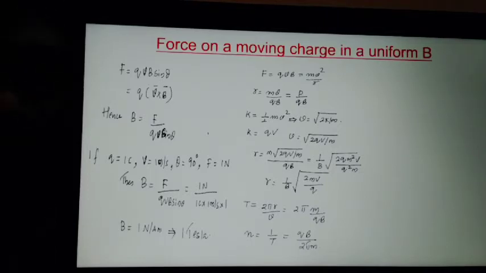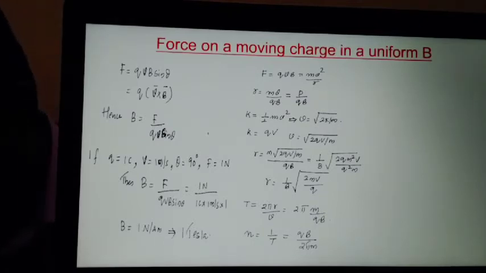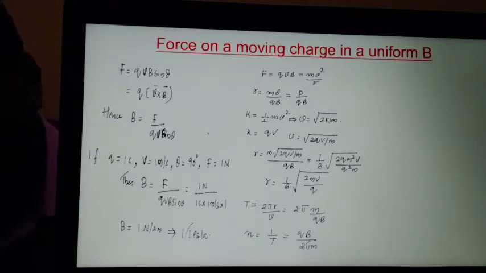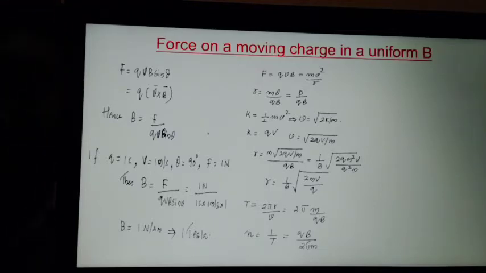The total time period to complete one full cycle, T, is equal to 2 pi r by v. But when the particle describes a semicircular path in a D, it will not be 2 pi r by v, it will be pi r by v. So the time taken for completing one half cycle in a D will be pi r by v, that is pi m by qB. It will not be 2 pi m by qB, which is for a full circular path, but in one D it completes only a half cycle.